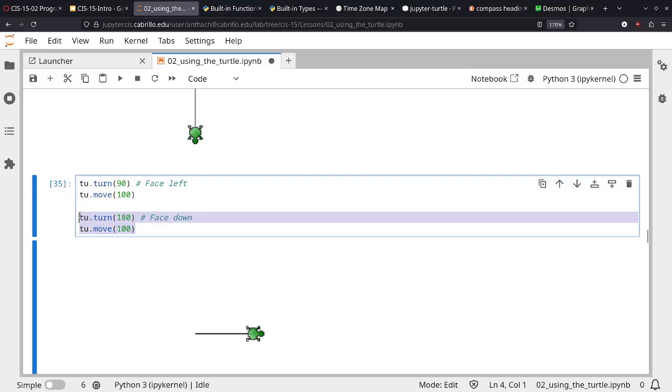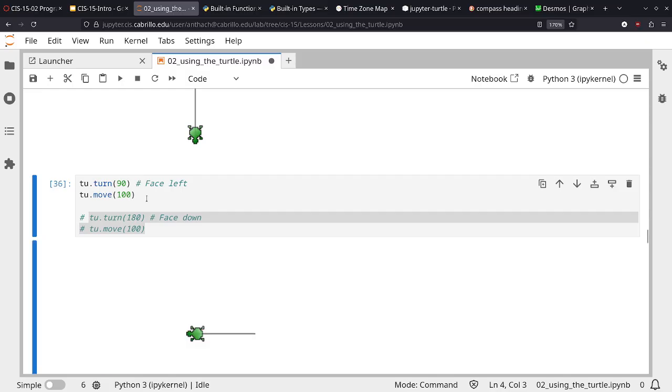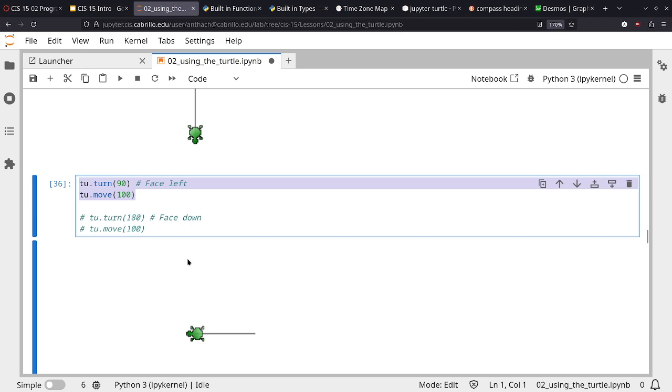Right, so turn is different because let me do it slowly. Right, so hopefully this makes sense right here. Right, the turtle starts facing north, and we turn it 90 degrees to the left, and then move it. Right, so this should make sense. But then this next statement, turn 180, right? It's no longer facing down, right? It's saying rotate. Let me change these comments. Rotate 90 degrees counterclockwise. Right, so then this next one is saying rotate 180 degrees